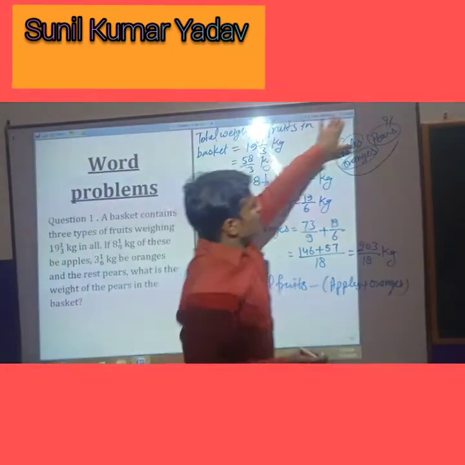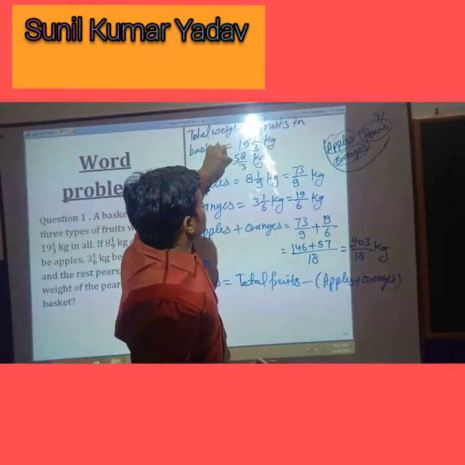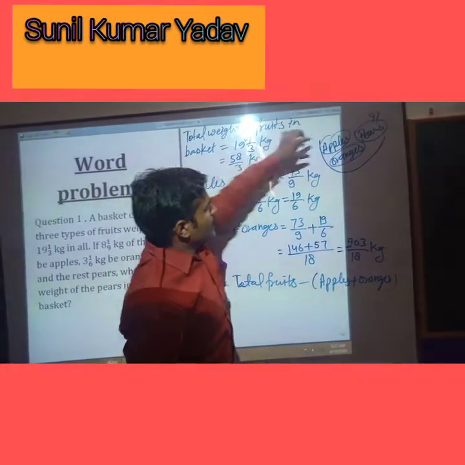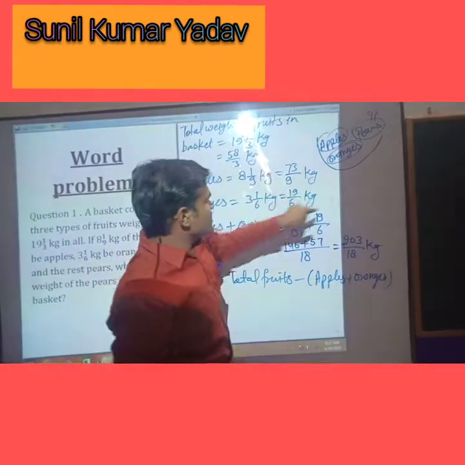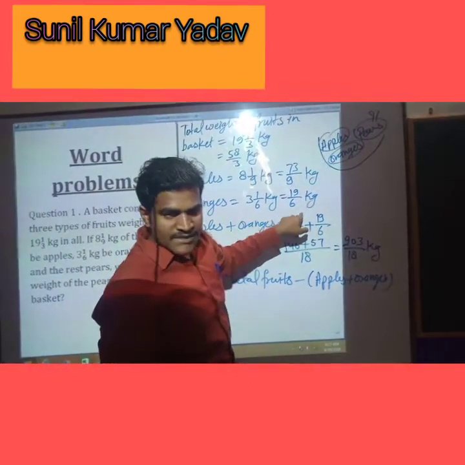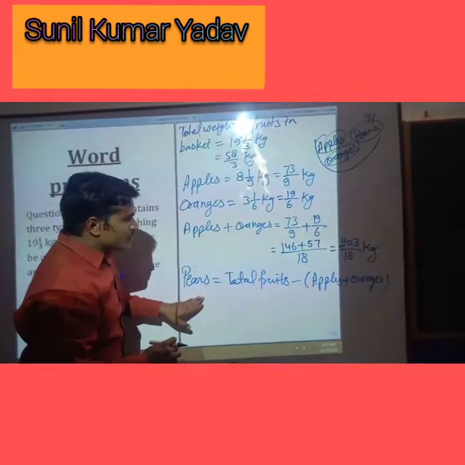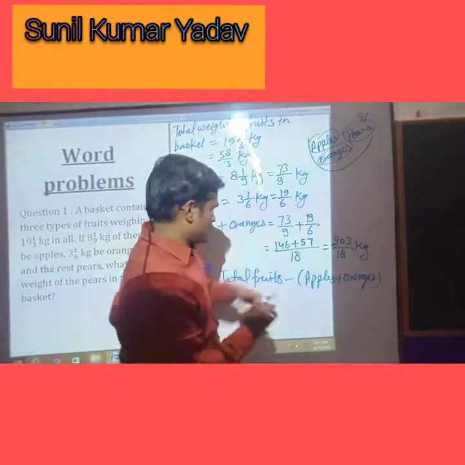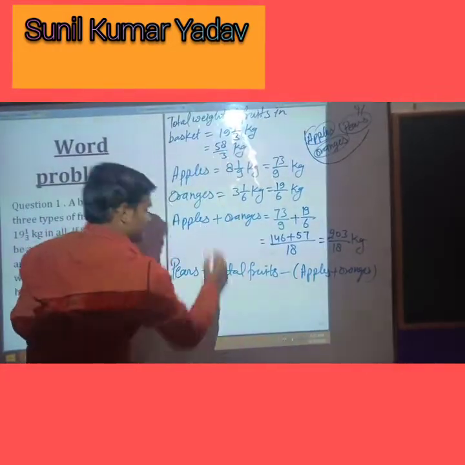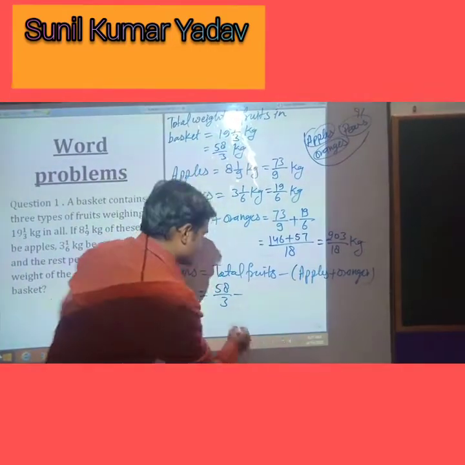Student, the total weight of fruits in the basket is 58/3 kg, apples are 73/9 kg, and oranges are 19/6 kg. So what is the weight of pears? How will we find it? The weight of pears is equal to total fruits minus apples and oranges. So total fruits is 58/3 minus apples plus oranges,